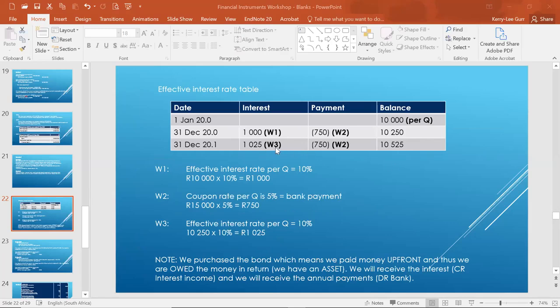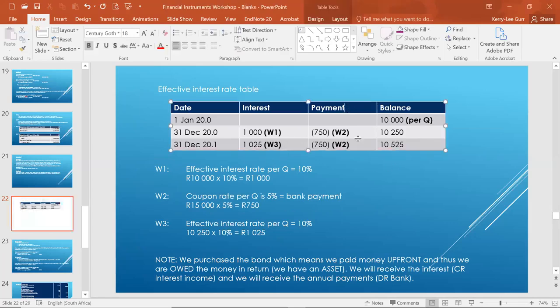Okay, so that's why I've got an additional working 3 here. For the payment, because it's consistent throughout, you could simply put working 2 there if that made things a little bit easier for you. But your interest is going to change based on what this ultimate closing balance is. Okay, and that is why we have different workings here, because it's not going to be 1,000 Rand standard interest